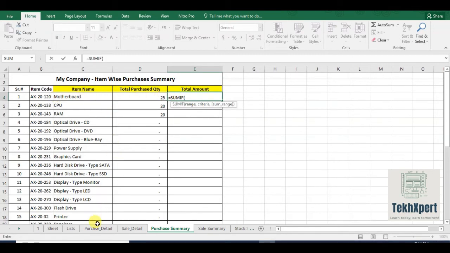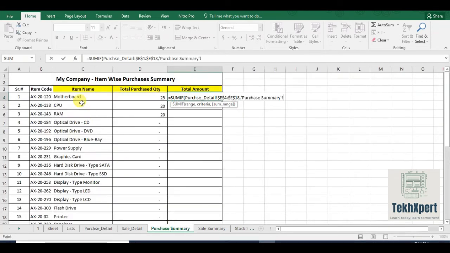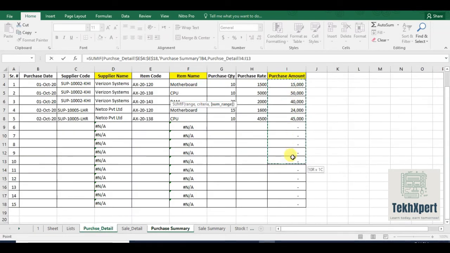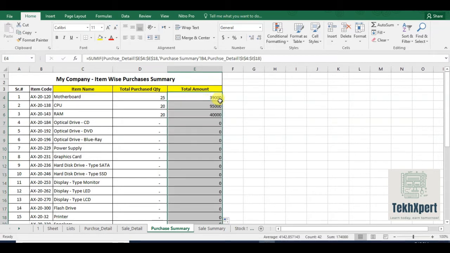We will repeat the same practice to retrieve the total amount. SUMIF range, and after range criteria, and after that sum range of amount. So we got the total of 39,000, and we will apply it down the list.